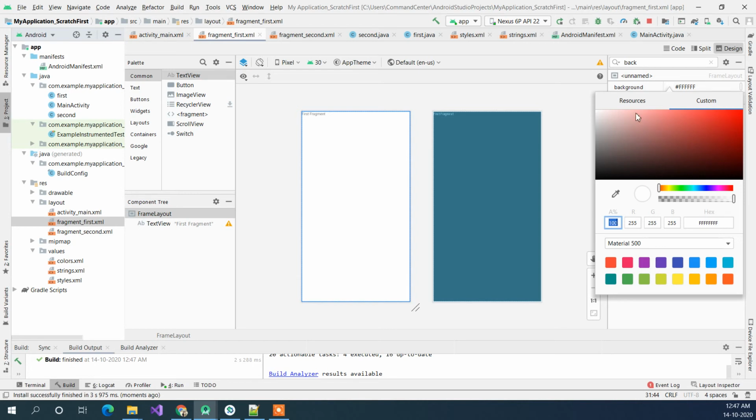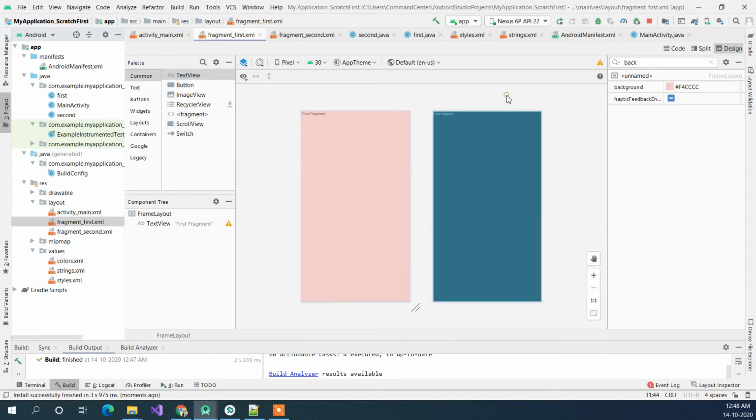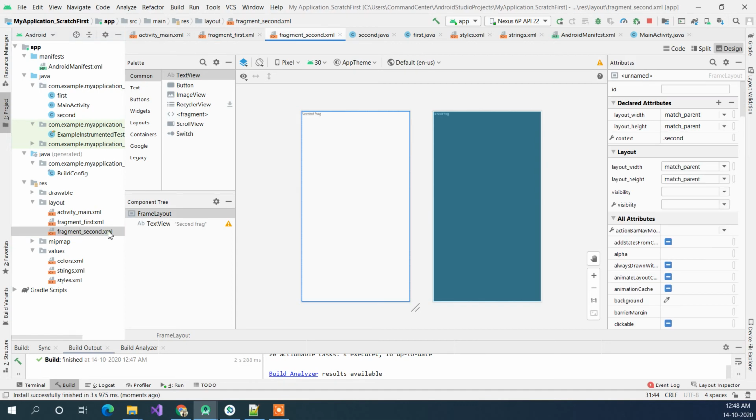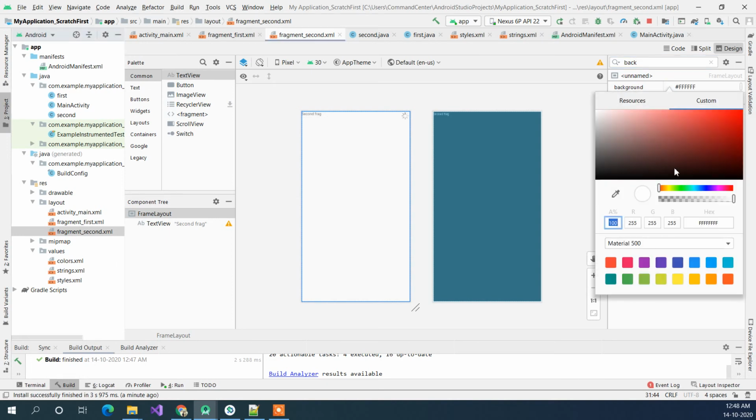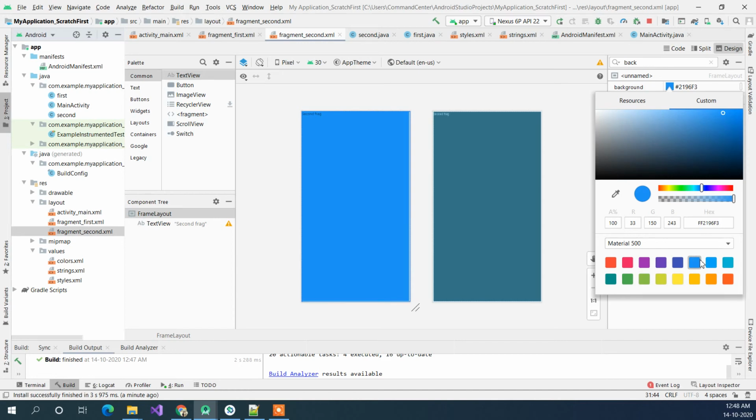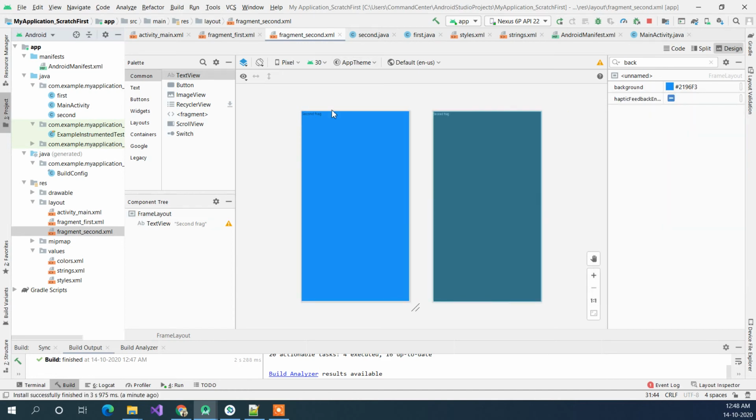I think okay, it's visible. And if I go here and choose background color on this as well, let's just do something from blue. Okay, and try it again.